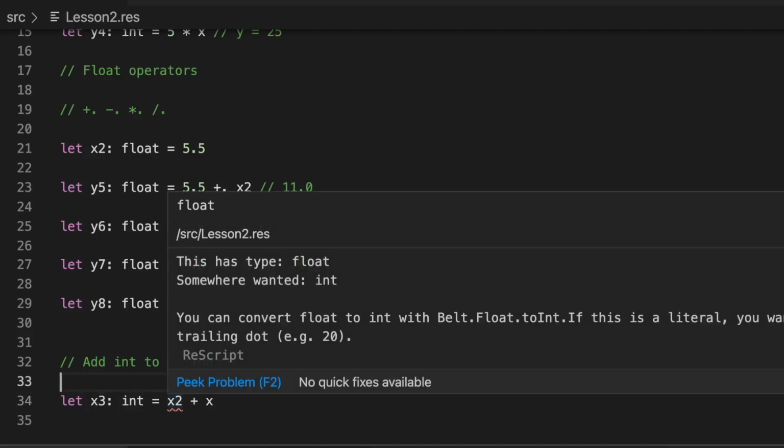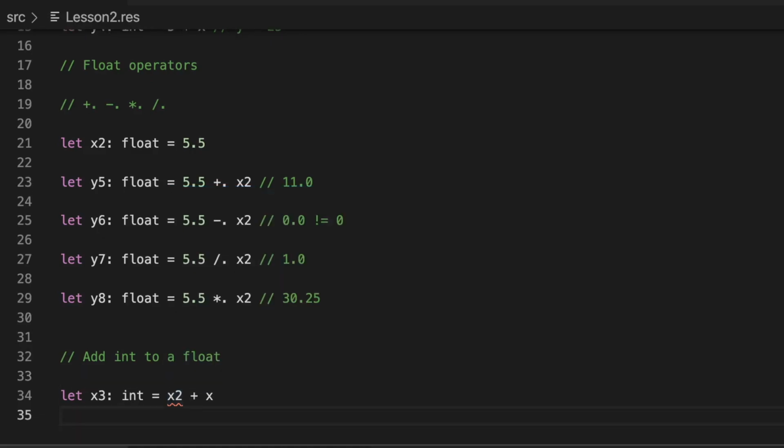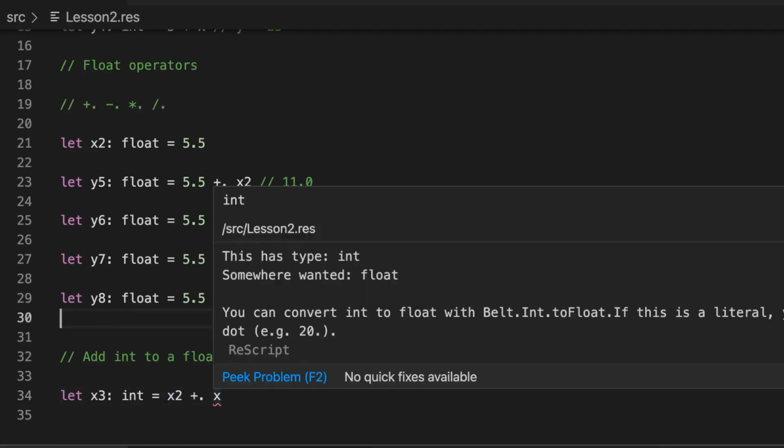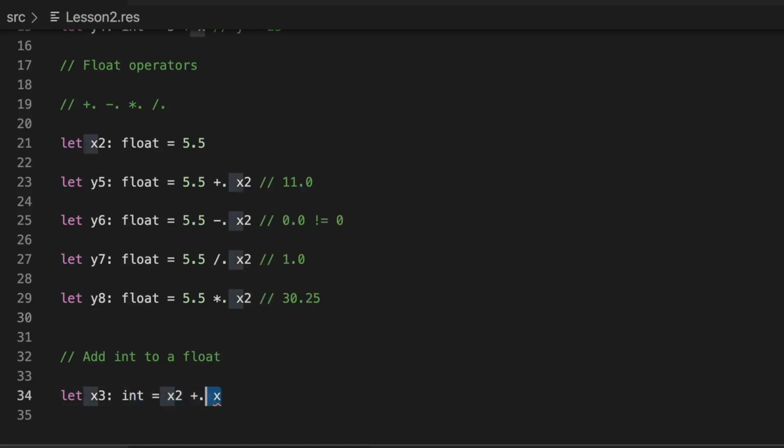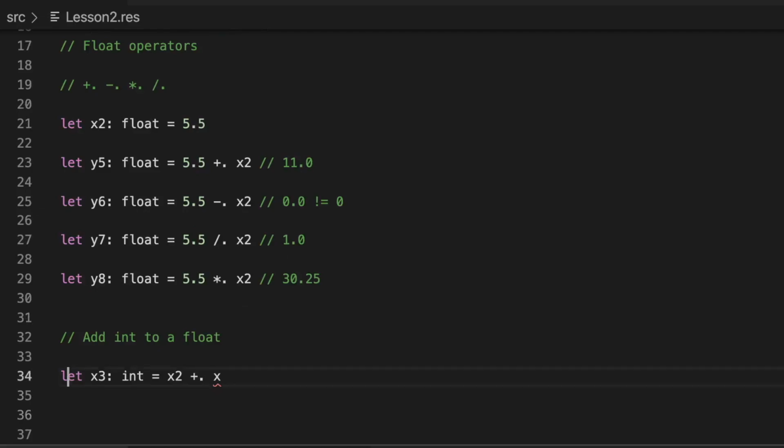It's giving us a little error here. Oh, okay. So we're expecting an int down here, and we got a float back. Okay, so I know how to change that. Let's add a period here. Oh, wait. We're expecting a float now. So it seems like we can't do this. Let's just comment this out for now,